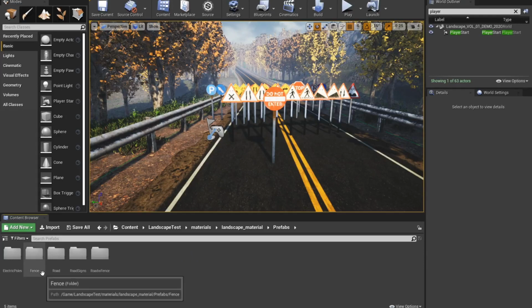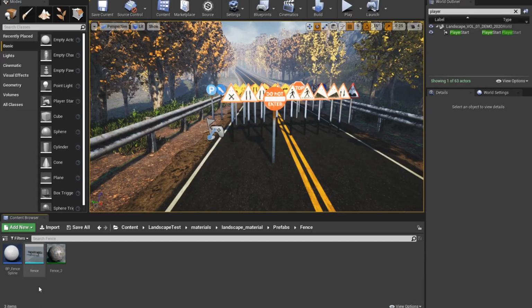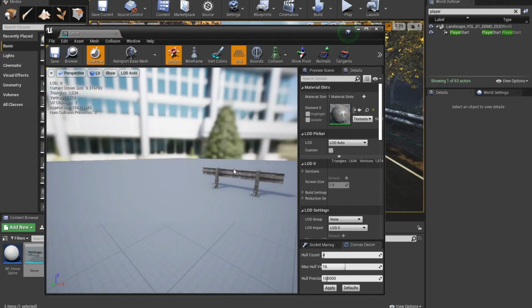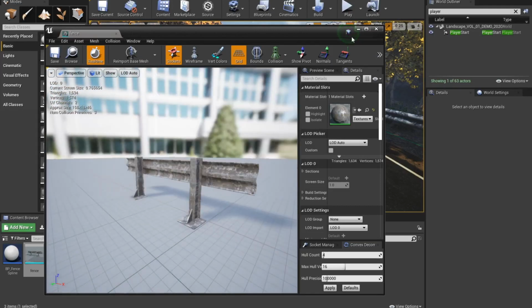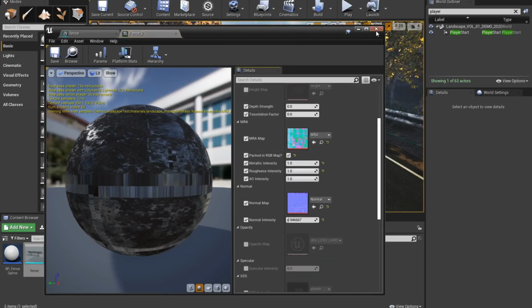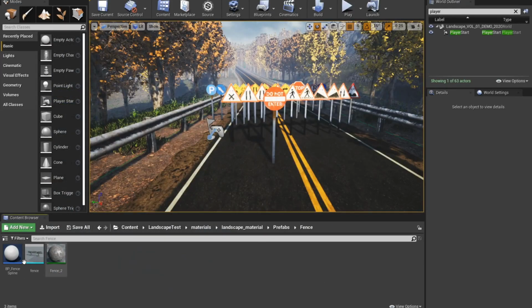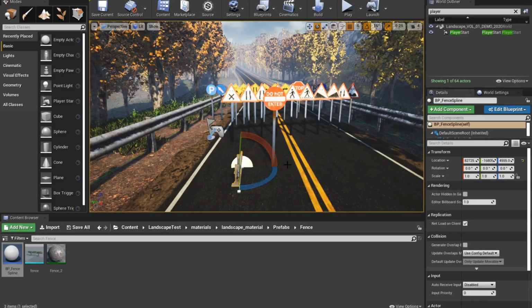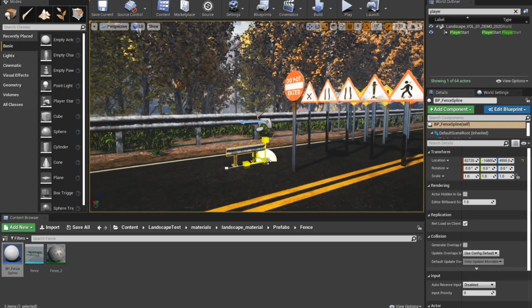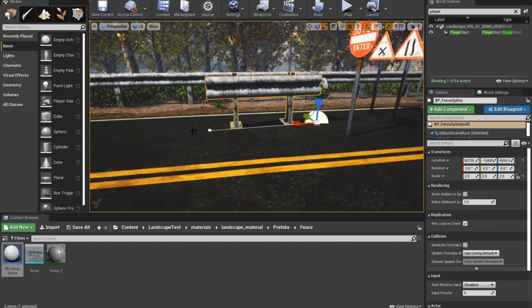So anyway, we've got the fence folder. You can see this fence mesh, which is tilable, and its material with the textures on it, and the blueprint of the fence spline. So drag and drop it in the viewport, and let's just scale it up a little,